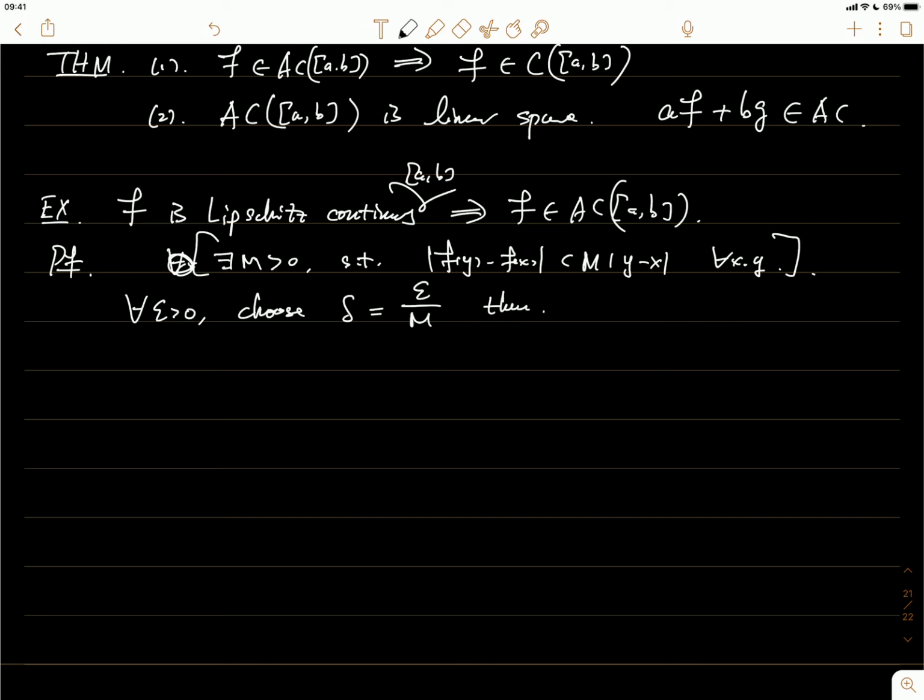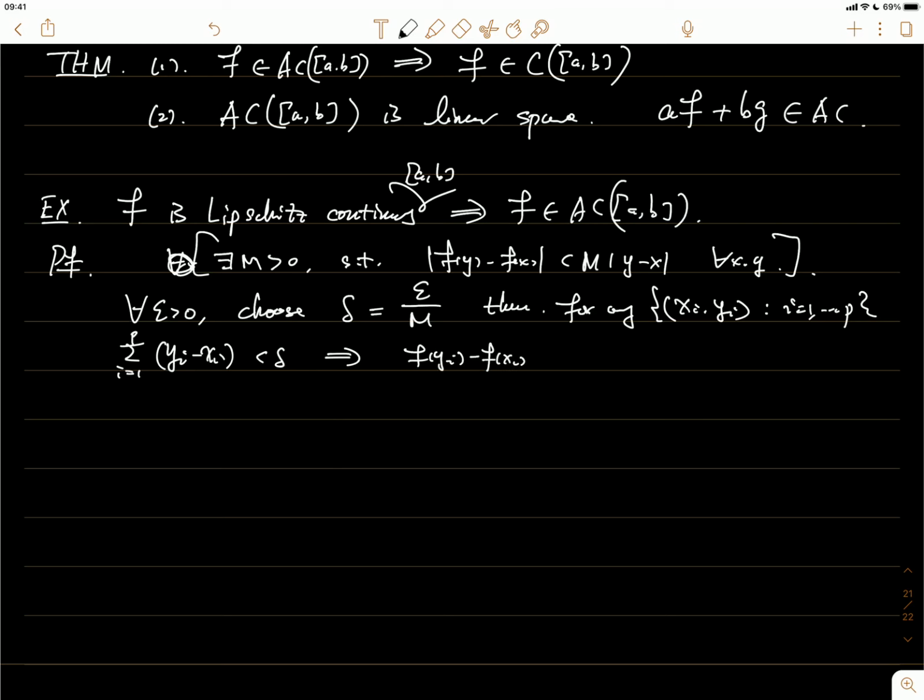Then for any intervals (xi, yi), where i is from 1 to p, and the sum of yi minus xi, we don't have to take an absolute value because yi is always bigger than xi, right? This is less than delta implies that the sum of f(yi) minus f(xi)